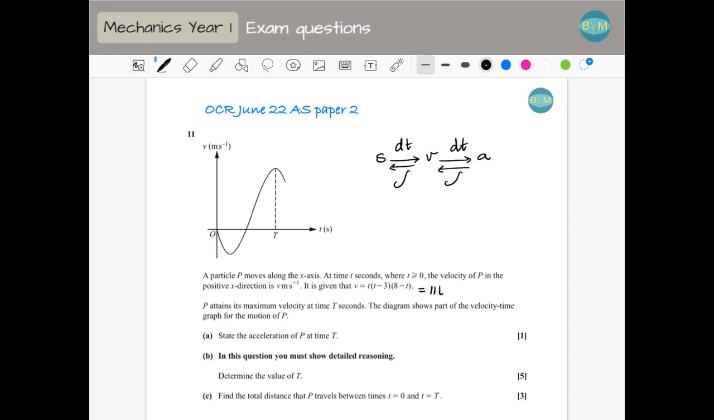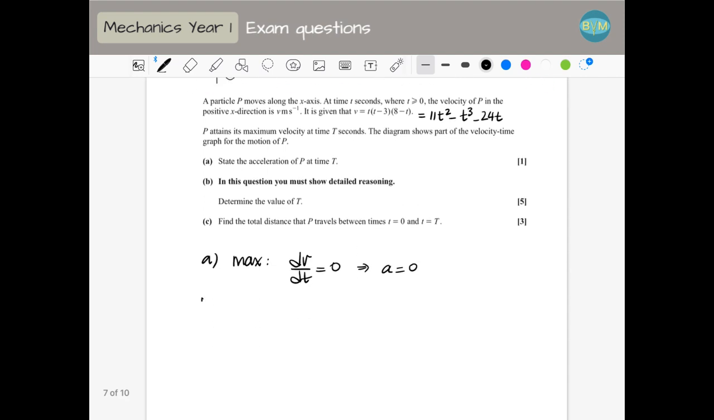It is 11t squared minus t cubed minus 24t. And then I'm going to differentiate that. So for part b, dv by dt is going to be 22t minus 3t squared minus 24, and that must be equal to 0. This is a quadratic. So when you solve the quadratic and you find the two values of t, you get very nice numbers. So you get t is 6 seconds and t is 4